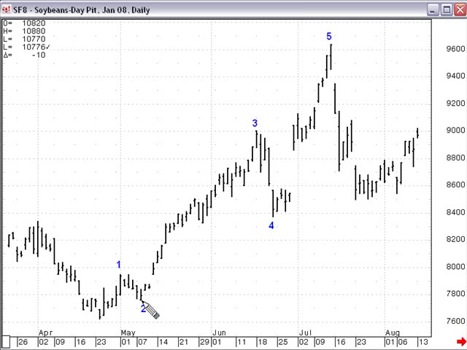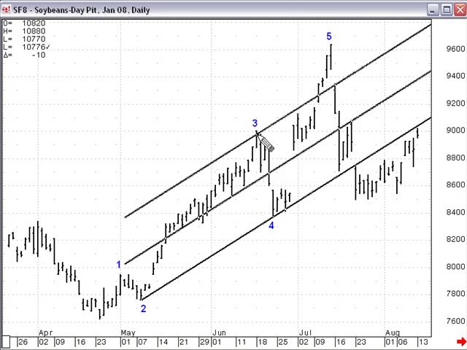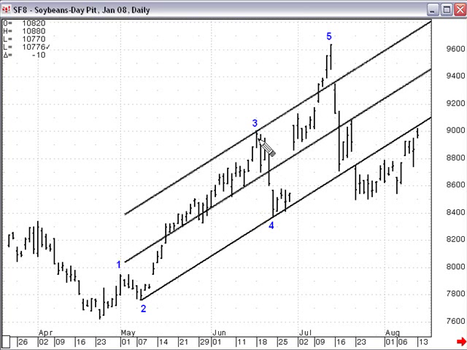Okay, now the final channel we're going to draw in order to identify resistance for wave 5 is to connect the extremes of waves 2 and 4 and take a parallel off the extreme of wave 3, as we did here. Again, this is considered throw over. Oftentimes what we'll see is just a brief penetration of this upper boundary line and then a reversal in price, as we did here. Now let me pull over another price chart